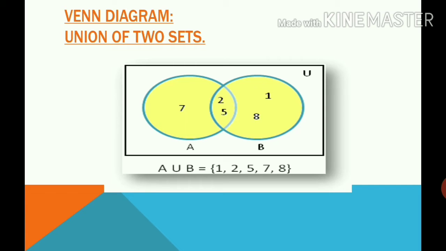So the elements of set A are 2, 5 and 7 and the elements of set B are 1, 2, 5 and 8. In A union B, you have to write down all the elements together. So you will write all the elements together but in sequence, like 1, 2, 5, 7 and 8. And when you shade the Venn diagram, you will shade all the areas of set A and B because you are writing down all the elements of set A and B. Union means together and combined. So you are writing down all the elements together and you are shading all the area of set A and B in the Venn diagram.